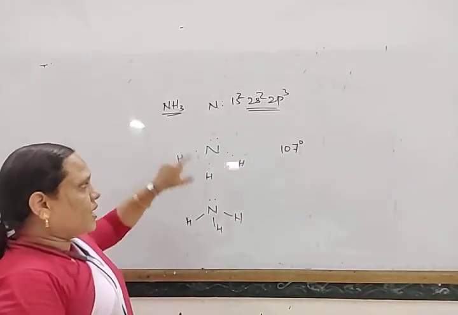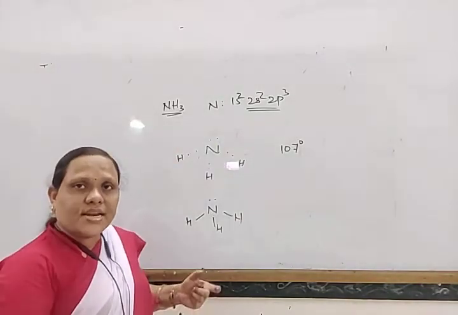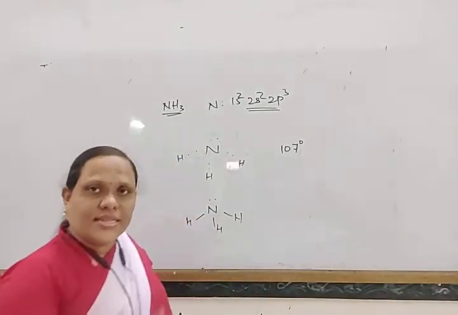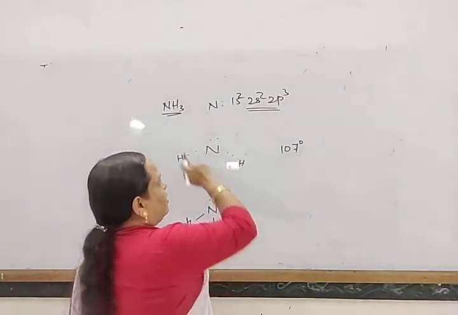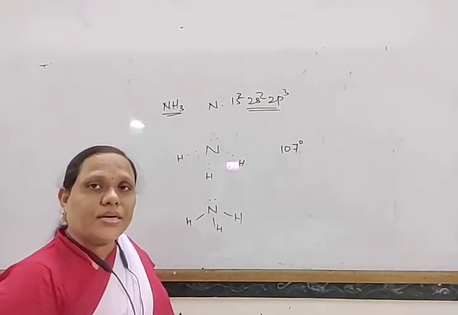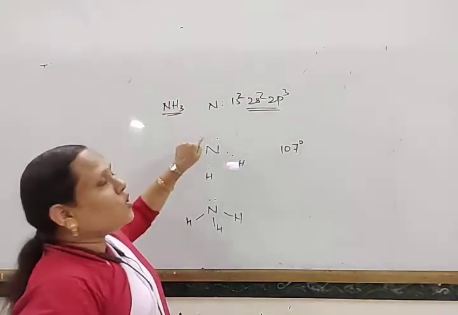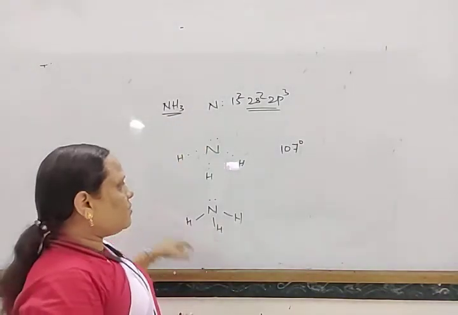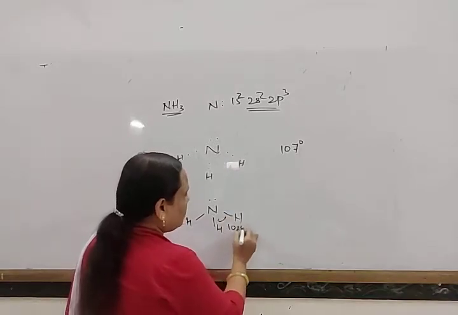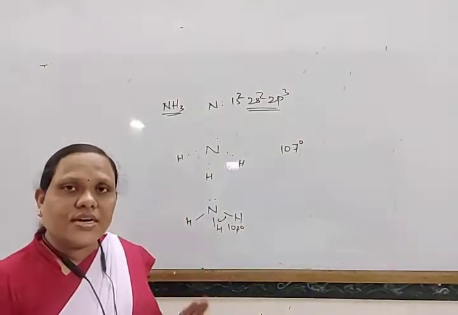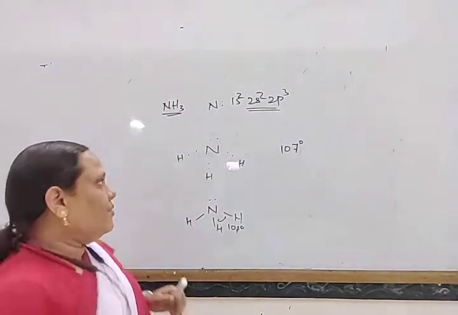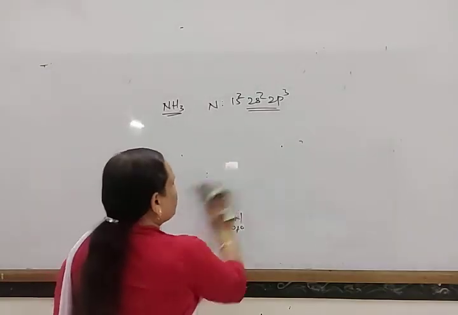So how do you determine how many lone pairs and bond pairs there are? First find out the number of valence electrons, then subtract the number of bonds it forms, then divide by 2, and you can find the number of lone pairs. In this way you can see the bond angle is 107 degrees instead of 109 degrees 28 minutes. Similarly, in the case of water also,